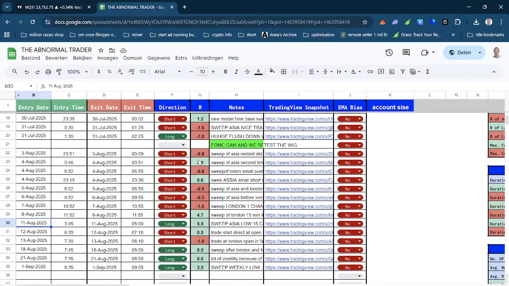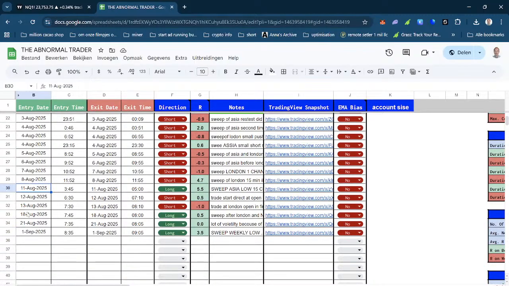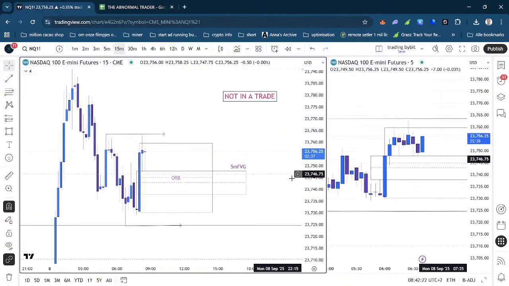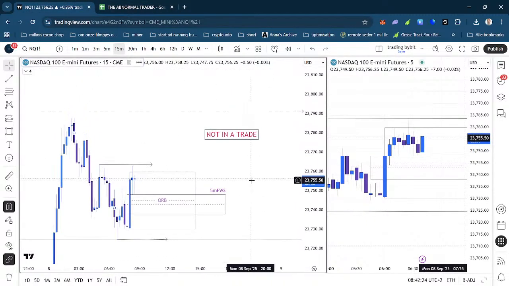So here I was still doing the other part, the sweep of Asia, sweep, and here actually still, and then it stopped. I had no entry models whatsoever because I wasn't online. This is the reason why I'm doing something different, because otherwise I still made some money, it doesn't matter, but I do want to be able to trade. It's still my base income.